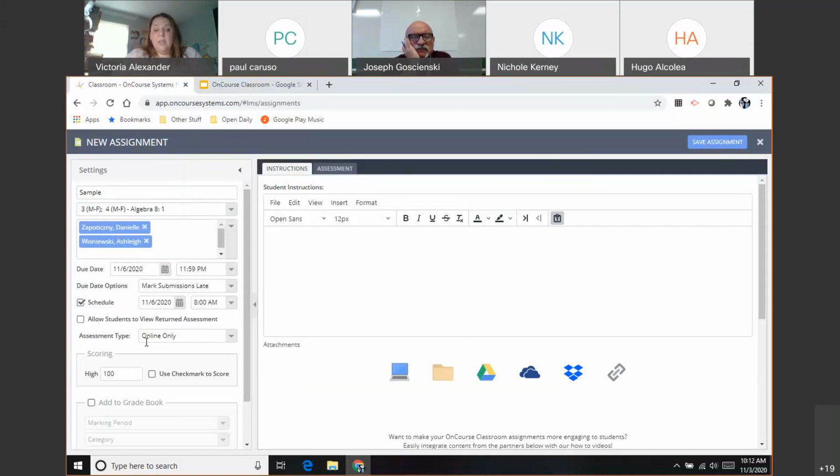At this time, there is kind of no real reason to have the print and online version. You can just do print only. Online only will give you the most amount of question types that the system holds. If you do online and print, it will limit your test questions or your assignment questions to a few things